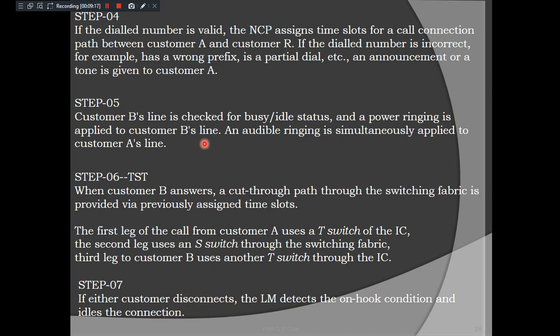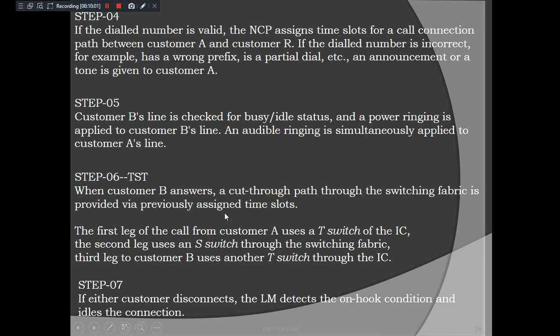So guys, these are the 7 fundamental steps which I quoted here very briefly to let you understand superficially in an easy way for your level. Okay. And in the middle, whatever I told, checking the busy or idle status or checking the customer disconnect, when they are going to be disconnected, all these things you have to elaborate here, which has not been written here, but I told orally. Okay, you have to explain here. So this is how you have to explain the line to line intra IC call. First, you have to explain the figure. There only you should tell what you mean by the concept of line to line intra IC. Then you go on explaining all these 7 steps. Understood?